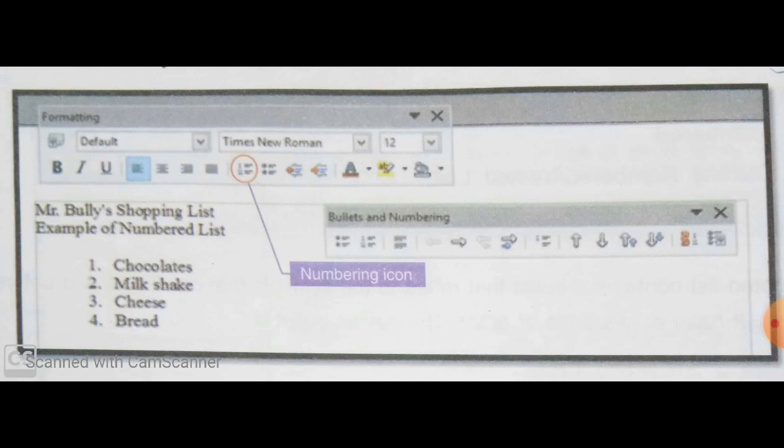Type each list item by pressing enter key. Or you can select the text which you want as a numbered list and then click on the numbering icon.